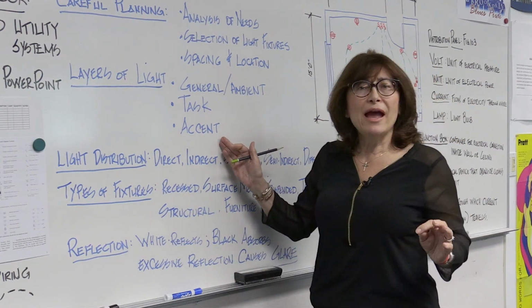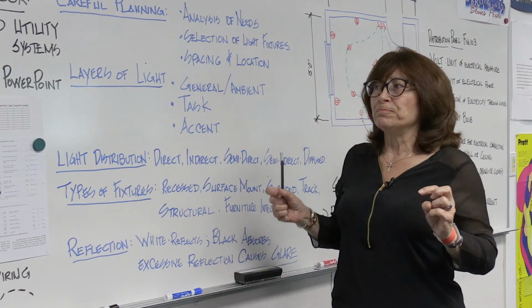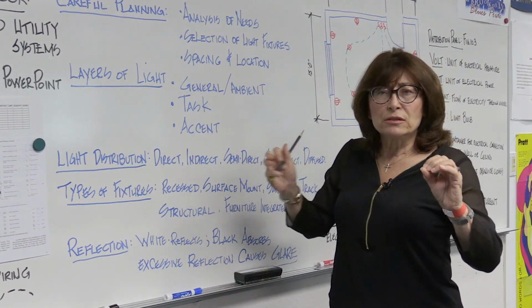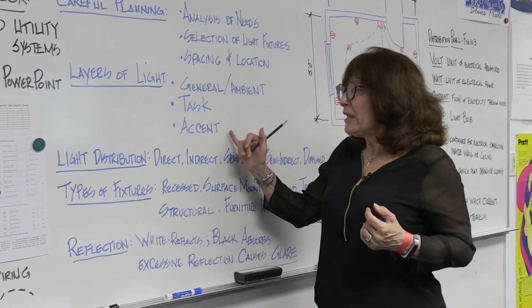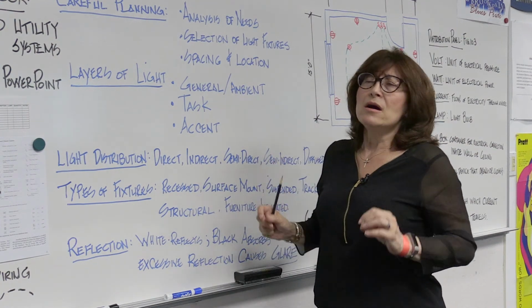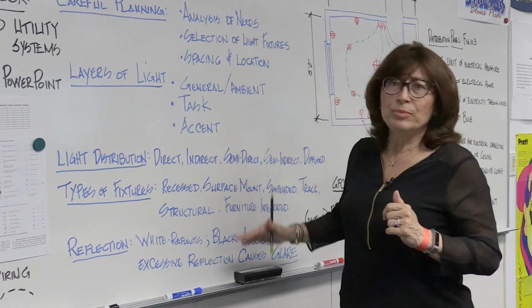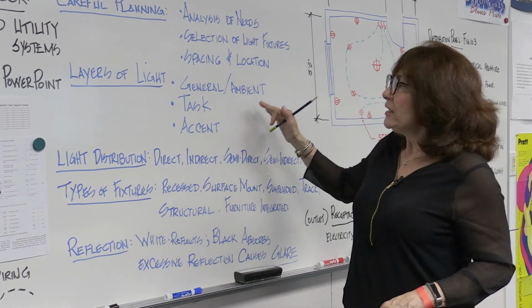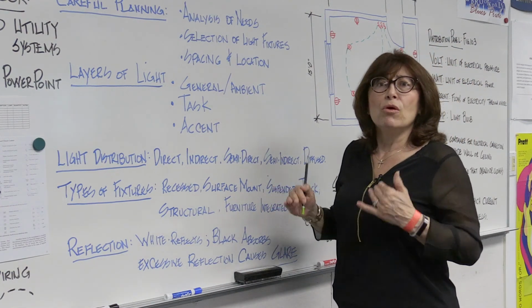Sconces fall under accent in a dining room if you want to have some type of brightness. It gives a little bit more of a focal glow in a particular room. In a kitchen, an accent could be lights that are in a cabinet. It could be lighting that is in a soffit. That could be accent. But these are three types of lighting that you want to make sure that you are